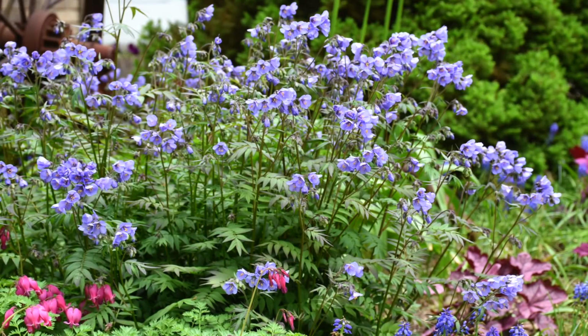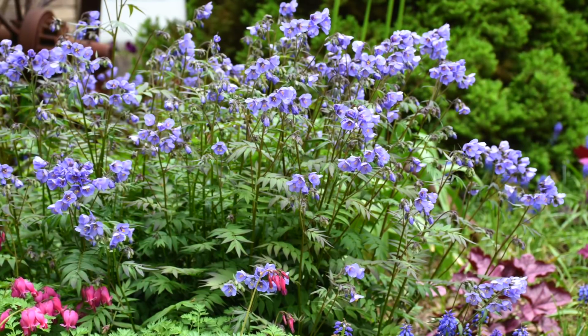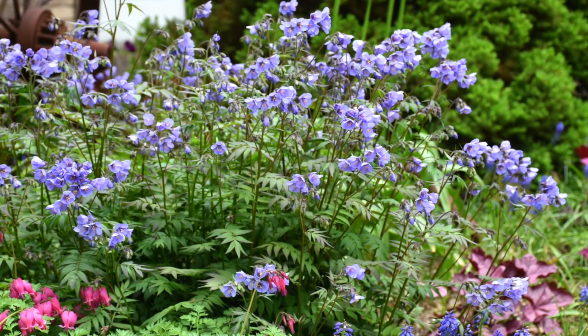So I'm very much looking forward to what it looks like, because I do have some hostas in there, and I think the juxtaposition between the bold hosta leaf and the really ferny Jacob's Ladder, blooms or not, is going to be a really pretty, leafy, textural, beautiful area. And I'm not sure I mentioned already, 18 to 24 inches tall, 15 to 18 inches wide, and zone 3